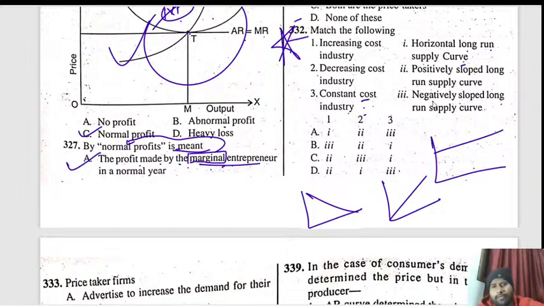Constant cost industry, negatively sloping long run, horizontal long run. It will go with one. Why? Because constant cost industry, horizontal long run supply means like this, it will be going smoothly. I am not having an explanation of this particular question, but I think constant will go with 1, increasing will go with, I think,